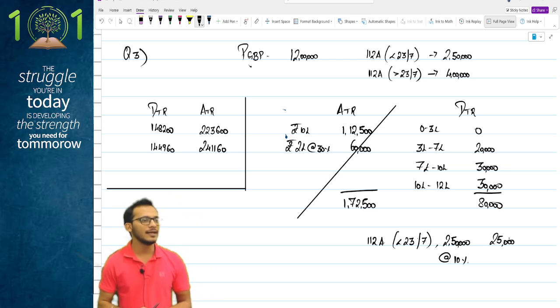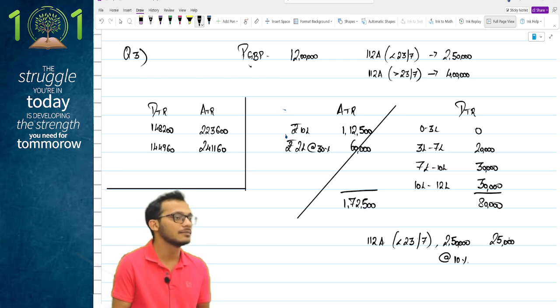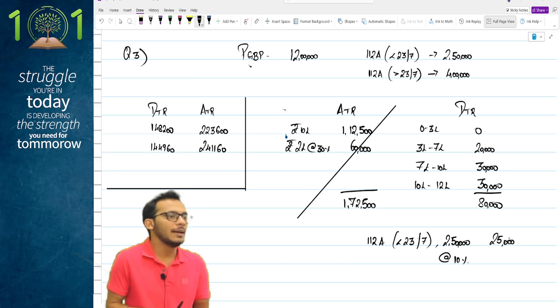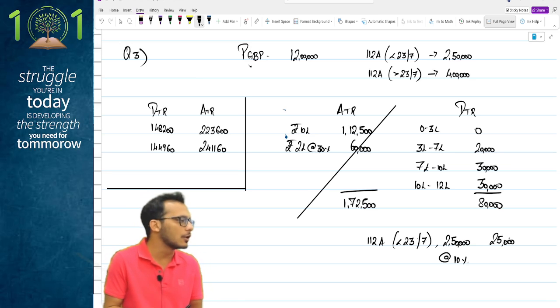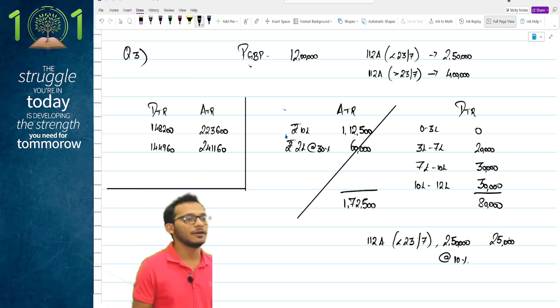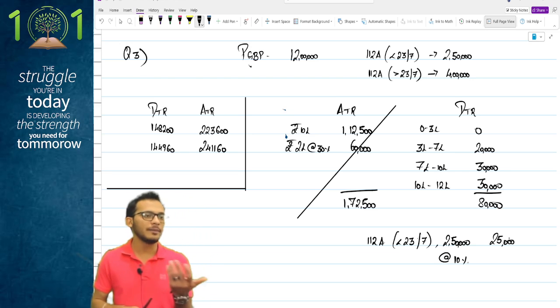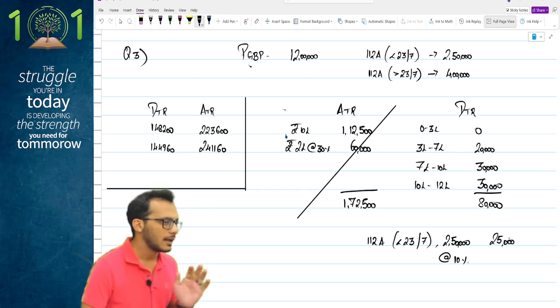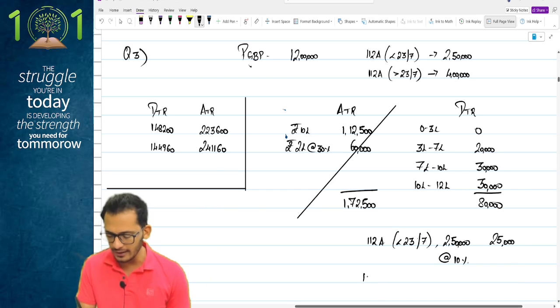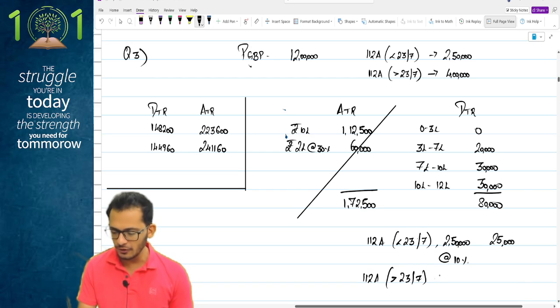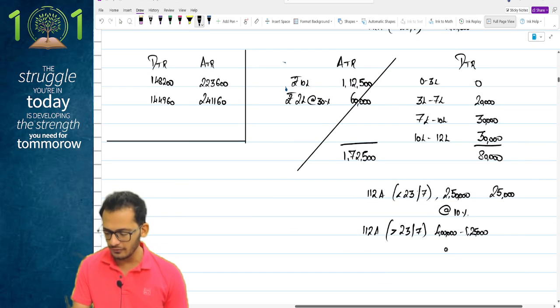Now use your head carefully. You will realize that it is beneficial for me to give the 1.25 lakhs post 23rd July, because the tax rate is jumping from 10 to 12.5. So the lesser you give in the post July, the more benefits you get. Correct, not correct? So I will not allocate any of the 1.25 lakhs to my prior. I will only allocate it to my post, which means if it is 112A post 23rd July, then it will be taxable for 4 lakhs minus 1.25 lakhs at the rate of 12.5%,